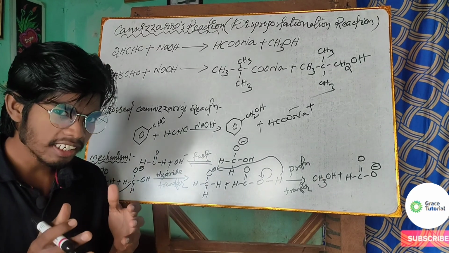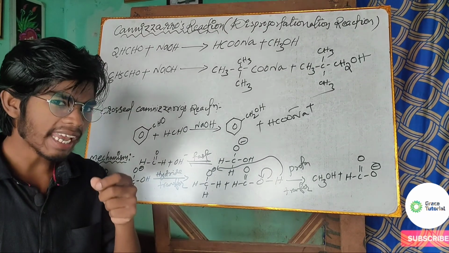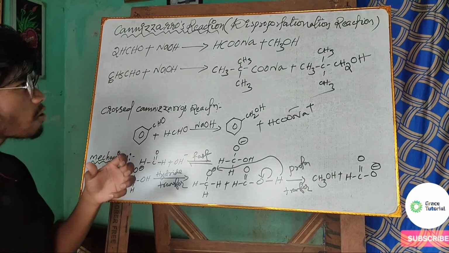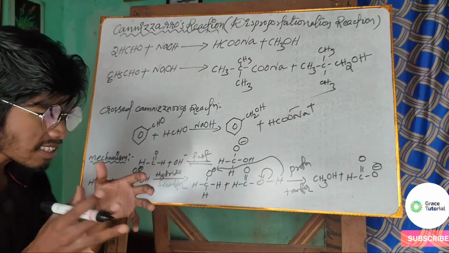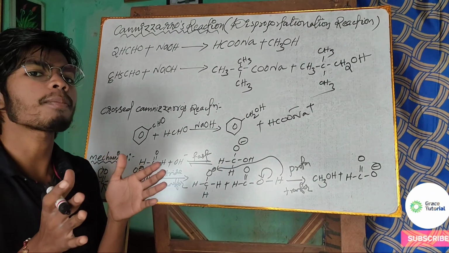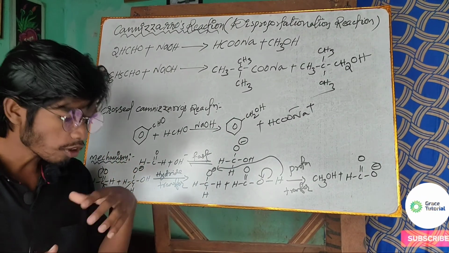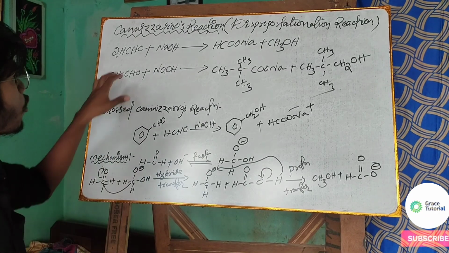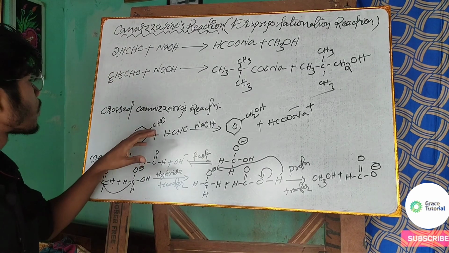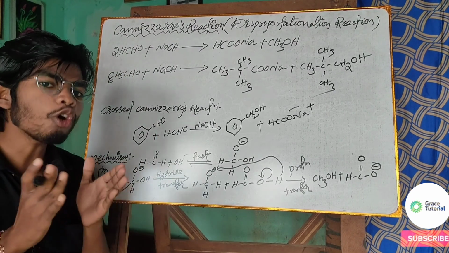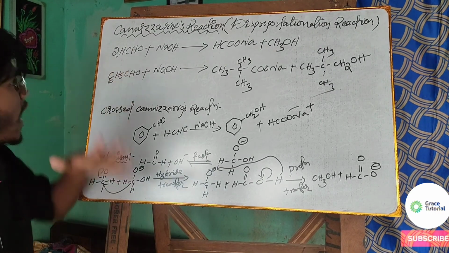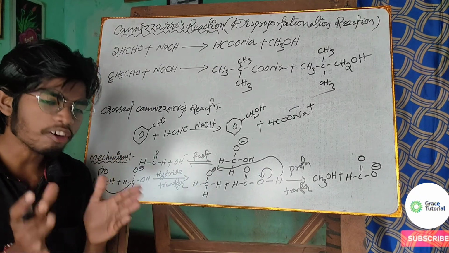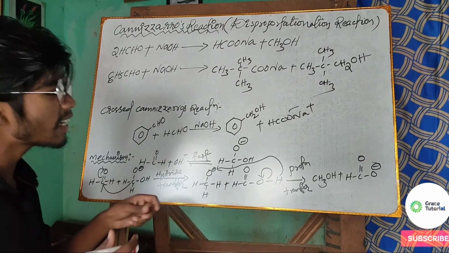So let us try to understand the Cannizzaro reaction, which is also known as the disproportionation reaction. In this reaction, what happens basically is that compounds having no alpha hydrogen atom are involved. If you look at formaldehyde, here it has no alpha hydrogen atom, because initially I had said to you that if acetaldehyde is taken,